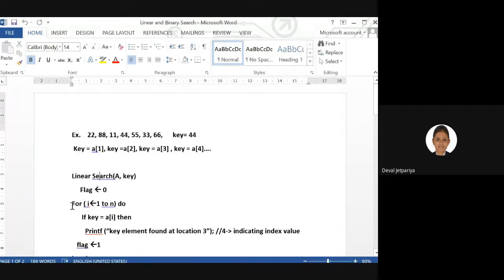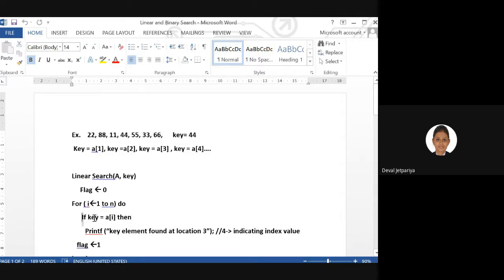In that case we start from the first index to the last index. This element can be fetched with the help of A[i]. So we compare like this: if key is equal to A[i], where i can be 1, that means it is 22, then 2, 3, 4 and so on.